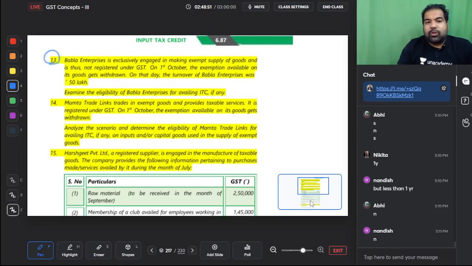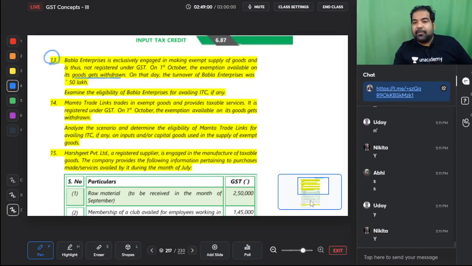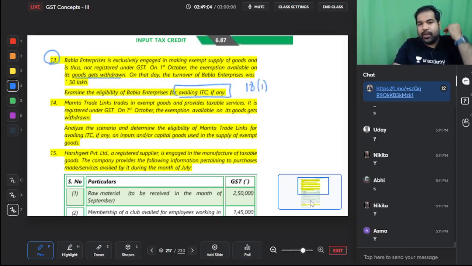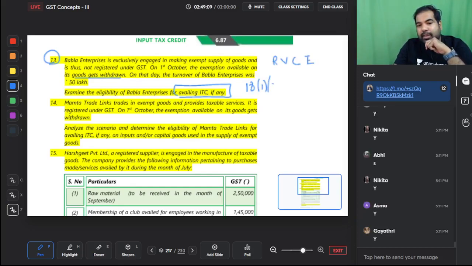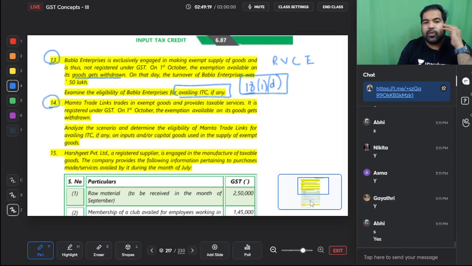Guys, are you coming out of the exempt supply, guys? Yes. So is the government happy? Yes. So will you get ITC from that day? Yes. This is the special situation 18(1) A, B, C, D, register voluntarily, credit expires, 18(1)D. On the stock also, which you have on that day, plus the capital goods also, minus 5% per quarter. Question number 14, guys, over to you all.